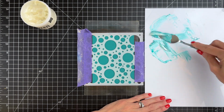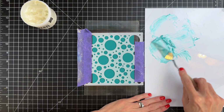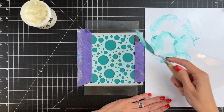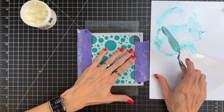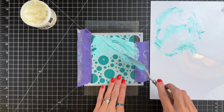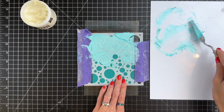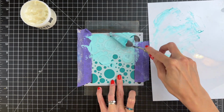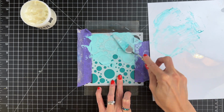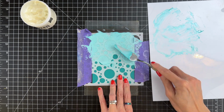So now that I've mixed the paste and the ink together and have tinted it a bit, I think I'm satisfied, and I'm now going to apply it to my panel. I'm going to try to create a little bit of a gradation here. After this dried, I do realize I probably should have added a little bit more color to my paste so the gradation was more prominent, but I still love the tone-on-tone look, the more subtle look,